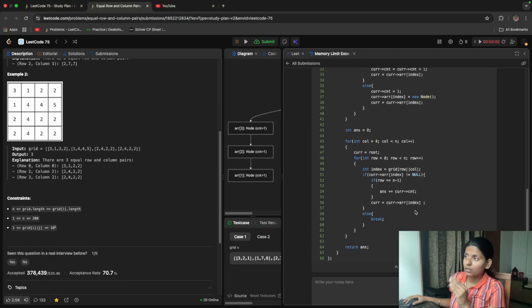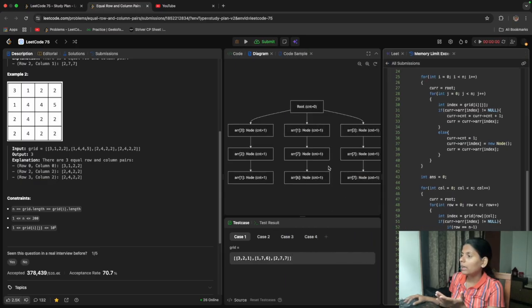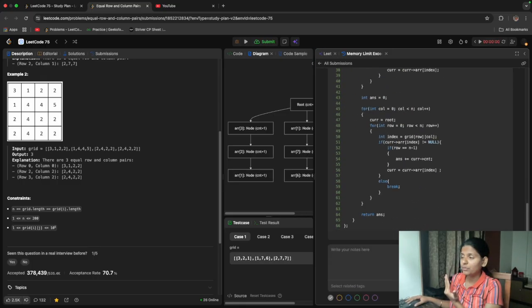First I made a trie tree like this, which is going to look like this or like this, and then I checked a column, like take a column and I'm checking if it is present or not. If it is not present, then break. If it is present, like if it is not null, it means that grid column value, that cell value, is present in that tree.